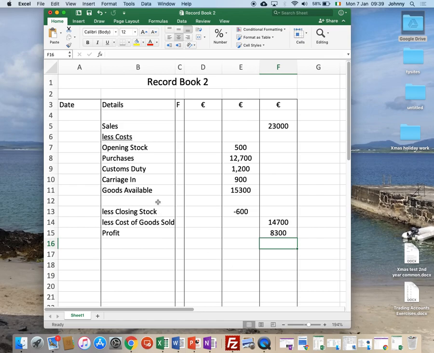So this document that we're trying to do here is trying to work out the profit I made buying and selling goods. So we call this a trading account. Are we okay with that so far? Okay, fantastic. So I'm going to stop this and I'm going to put this exact